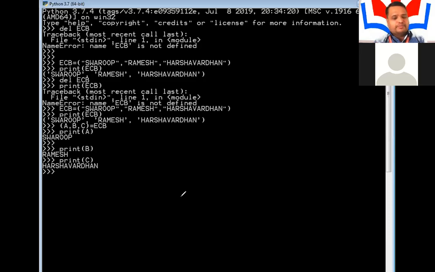So I will be combining the two sections, that is the ECA section and the ECB section. Already I have specified the ECB section. So now first of all, let me print it.